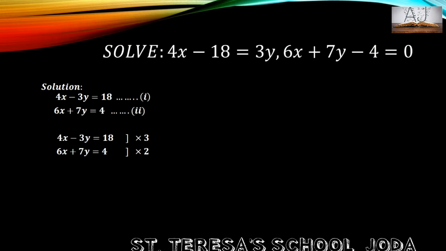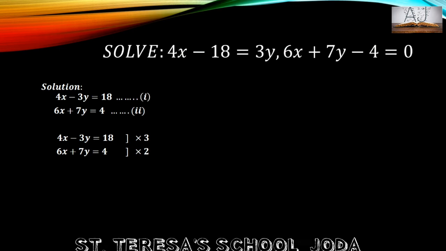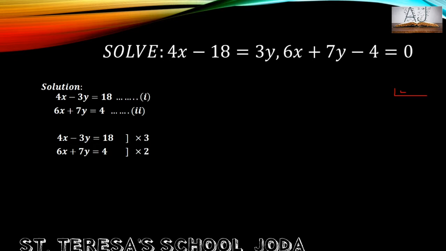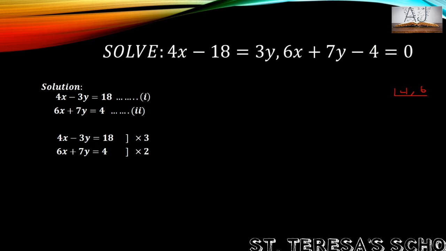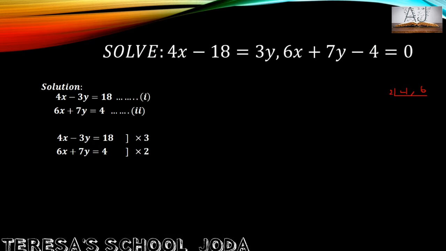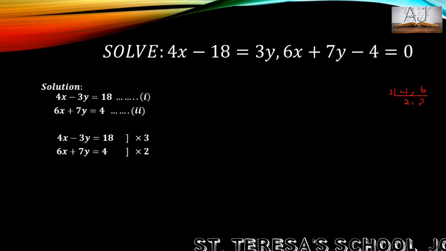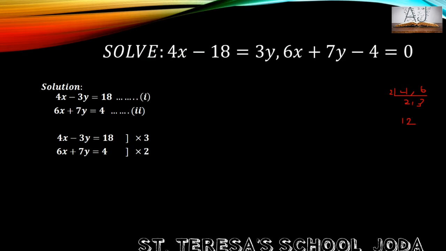The LCM of 6 and 4 is 12. What should we multiply to 4 to get 12? First of all, I want to make x equal, so we have to find the LCM of 4 and 6. I am finding it on the right hand side. This is the way of finding LCM: divide by 2. 2 2s are 4, and 2 3s are 6. Now we cannot divide further. So 2 into 2 into 3, when you multiply all three, it comes to 12. So 12 is the LCM.